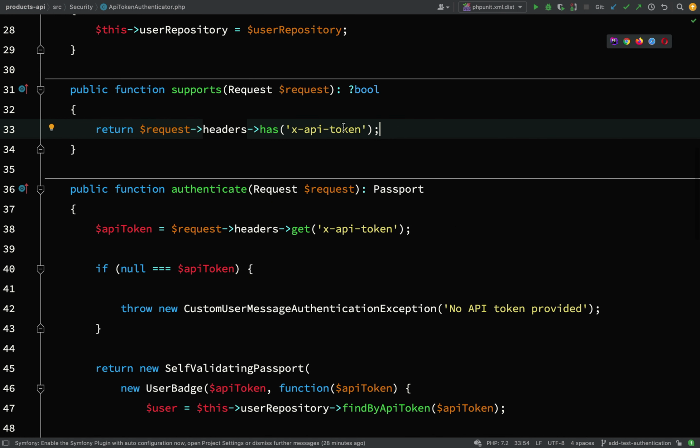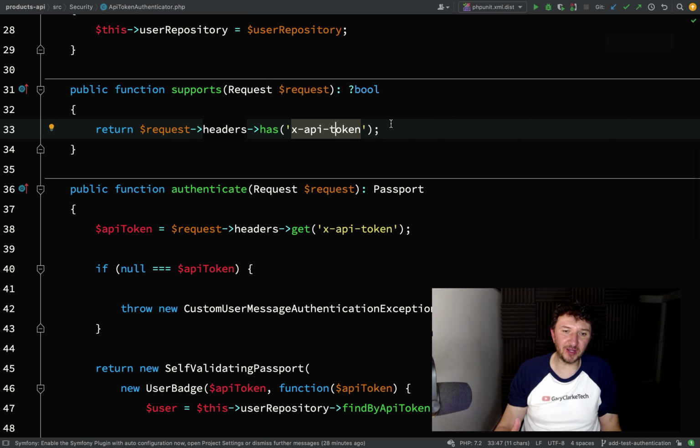because the way we've set this up is we're saying, does this API token header key exist? If so, then go on to authentication. If not, then what that means is don't actually use this API token authenticator. This isn't required. And in that case, it means everything's just going to go through as normal. So this setup, the way I've done this, is exactly the same as the example in the Symfony documentation. However, it works well if you have other authenticators,